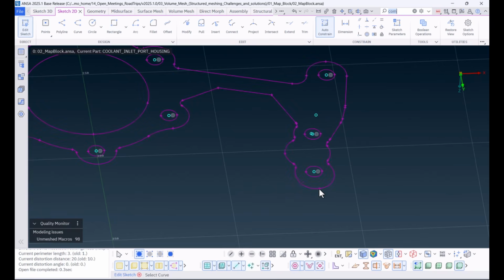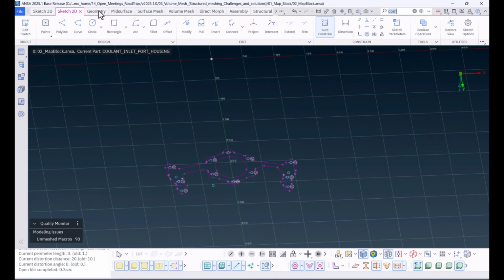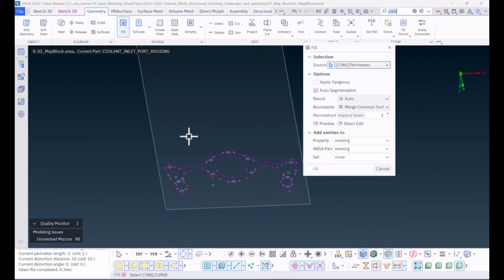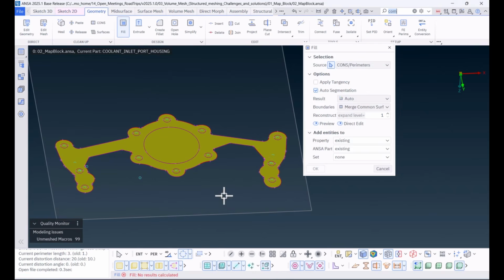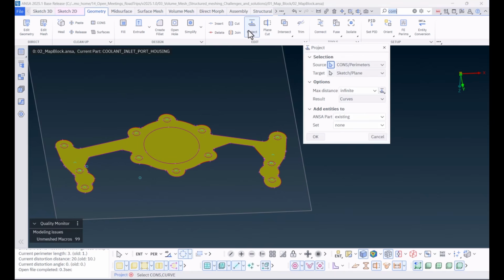When finished, the next step is the recreation of the new updated geometry. Switch to Geometry Fill, select the whole model, and confirm. To exclude the holes, execute Project and make sure to have results set to perimeters and more actions set to delete enclosed area.